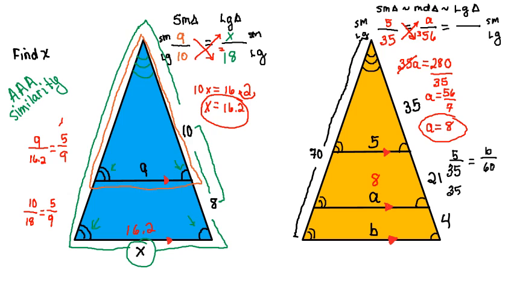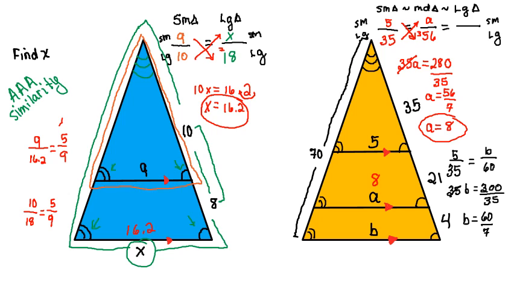So we get 35B equals 300. And that means we're going to divide both sides by a 35. So B is going to equal, let's see, 150, okay, hold on. Something that we can reduce, and we can divide everybody by a 5, which is going to give us 60 over 7,